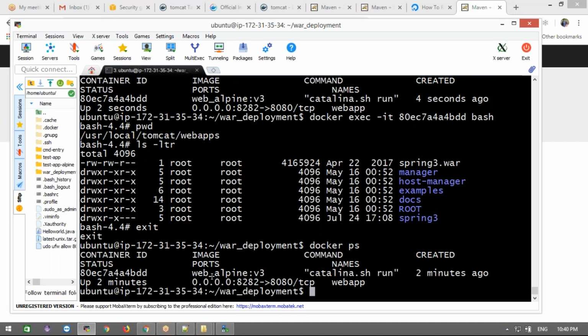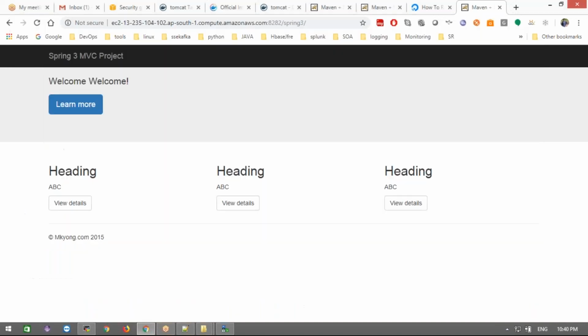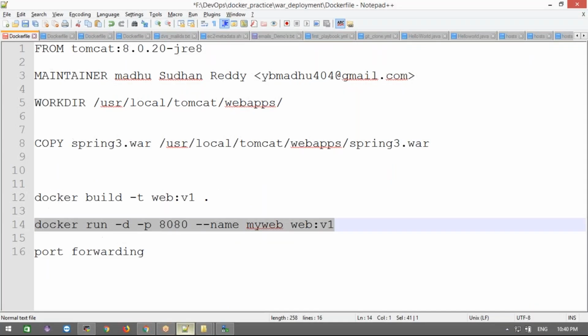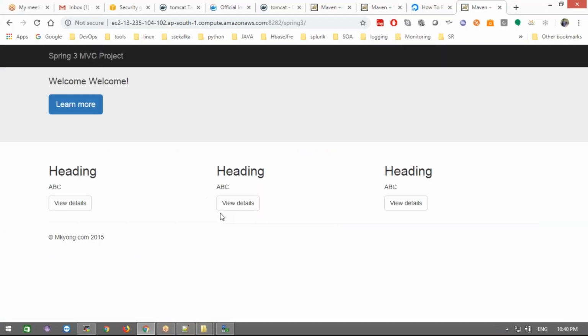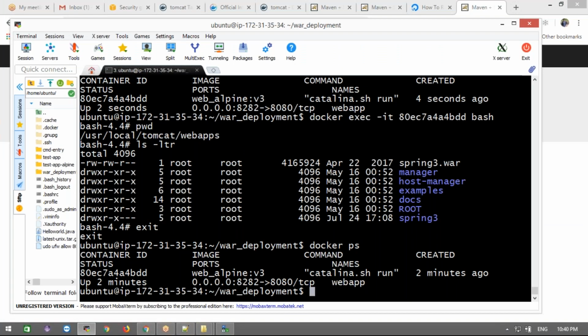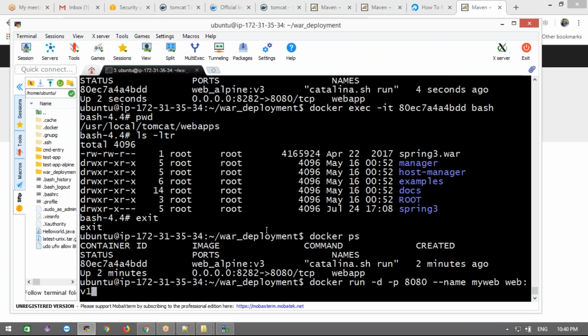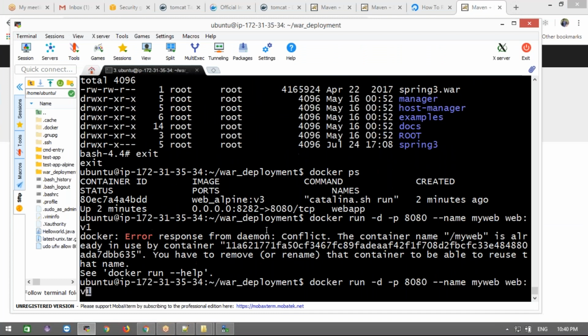Only one container is running, right? Now you can run with this also. Maybe that name is there. My web 2 I'm going to give, and then here I'm going to give the port number 8282.